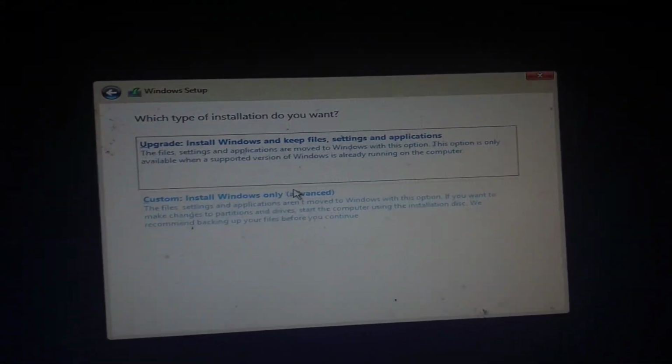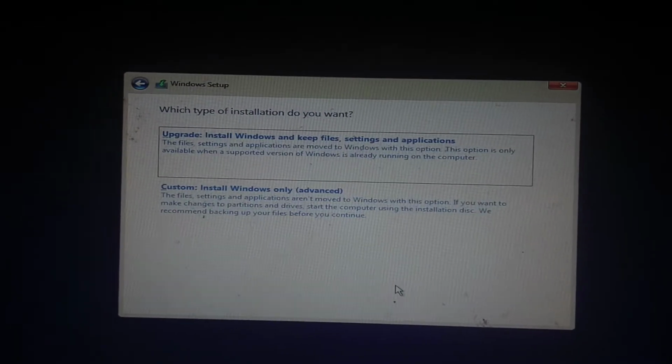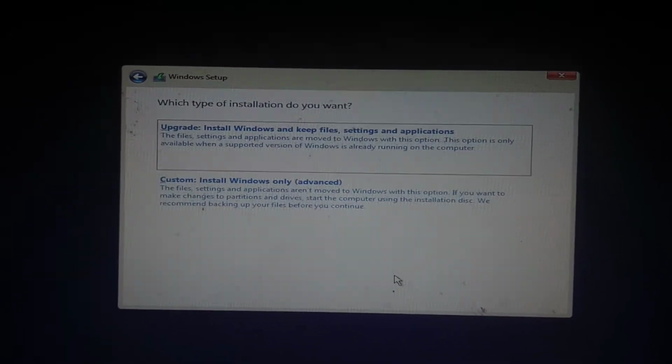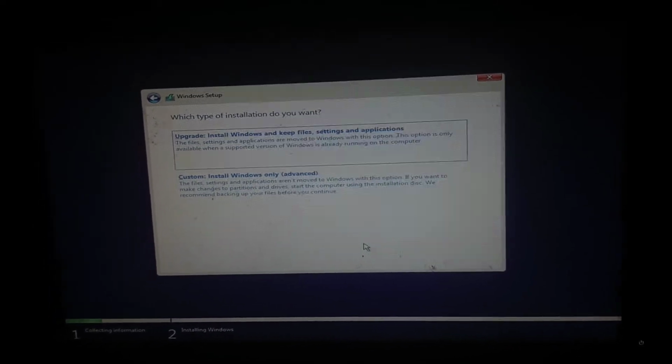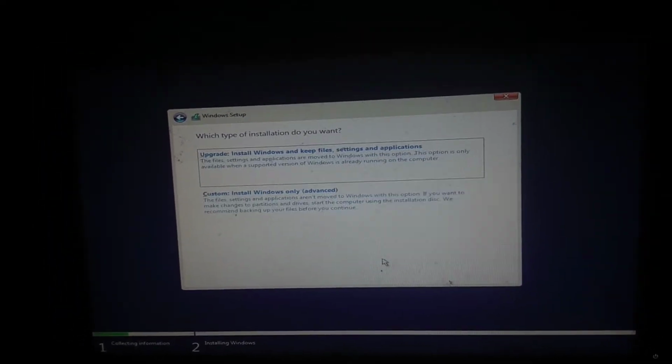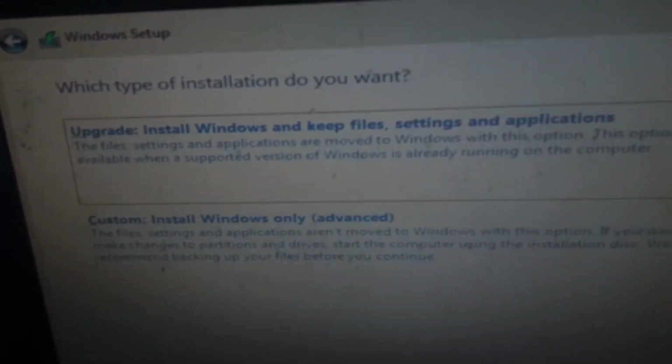If you are going to install Windows directly by keeping all the files which are there in your local disk, that is where the previous Windows OS files are, by keeping those files and upgrading your PC, then you need to select Upgrade: Install Windows and keep files, settings and applications, guys.